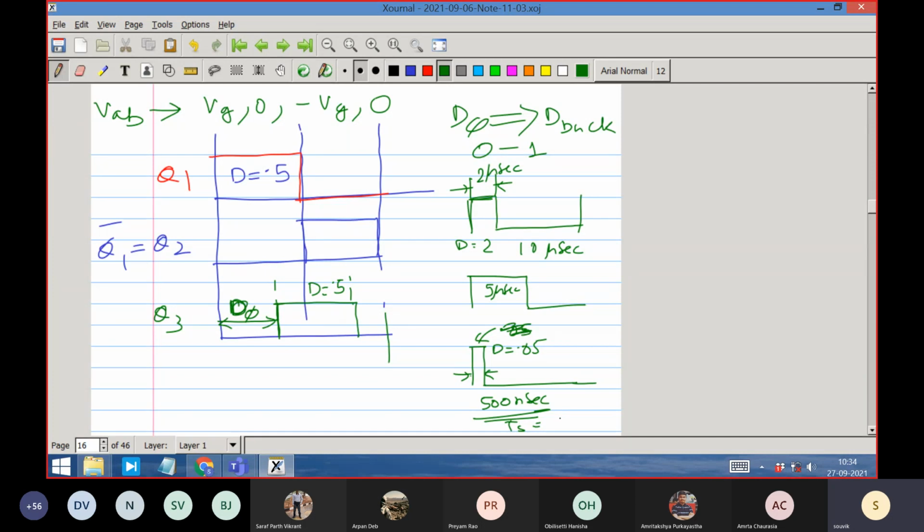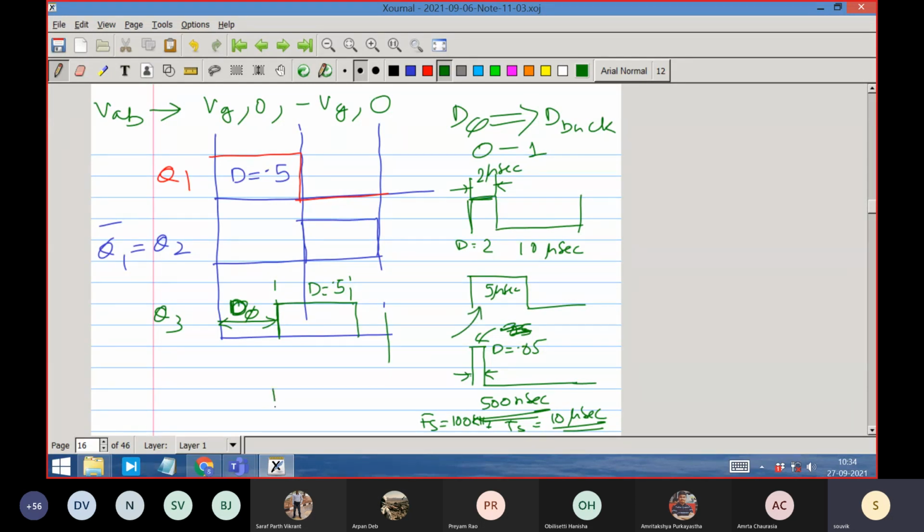That must be 20 times, that is 10 microseconds. So you cannot go to a switching frequency greater than 100 kilohertz. That is your limitation. Now, if I take a 500 nanosecond limitation and produce a 50% duty ratio, I can go to what frequency? That is double. That means I have to go to 1 microsecond.